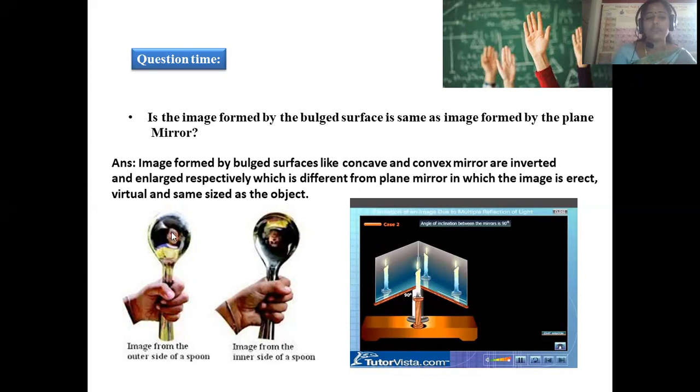When you see the picture on the convex mirror, it looks smaller compared to the original one. And on the concave mirror, the image is represented in an inverted manner. Whatever picture is there is represented inverted, not vertical. So this is the concave mirror. And when you take the plane mirror, here is the object, we are taking a candle. This candle is represented exactly the same on the flat mirror.